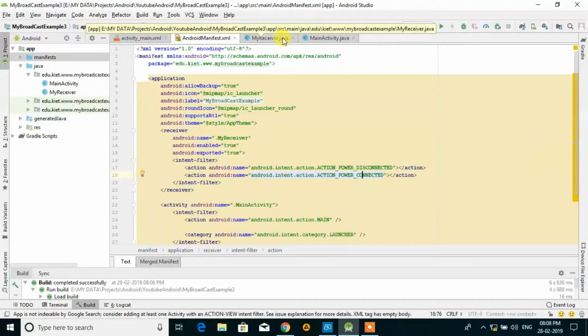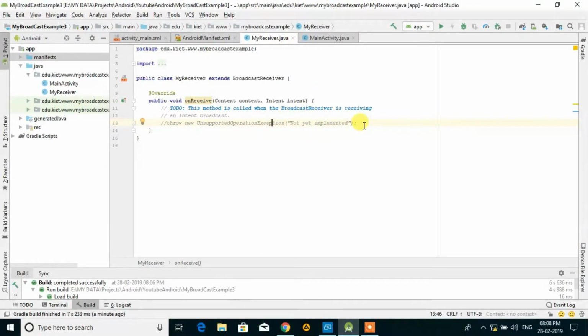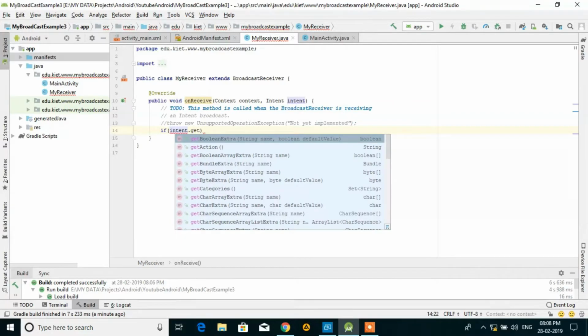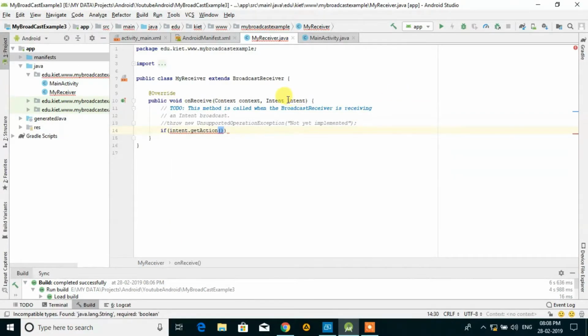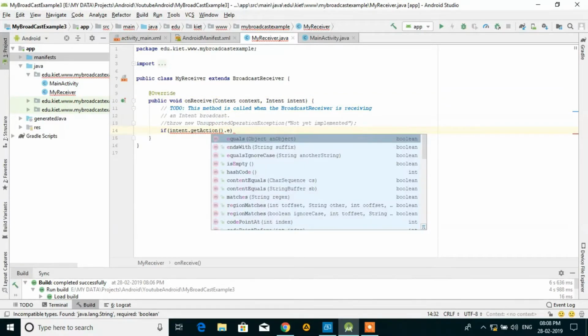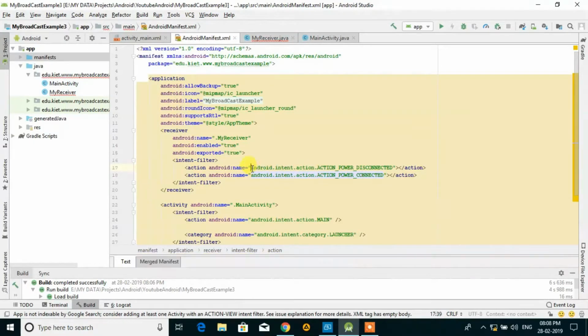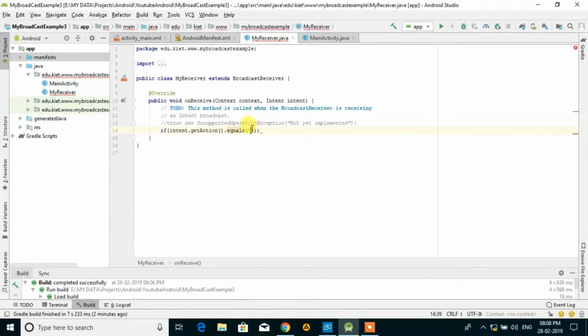Then we have to write code in the receiver also. What kind of code? We have to check which particular broadcast is fired. For example, if intent.getAction, this object of intent, then we check .equals, the same broadcast action which we want to check. We check if disconnect occurs, then do this.